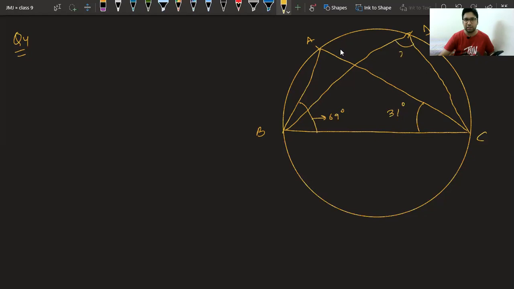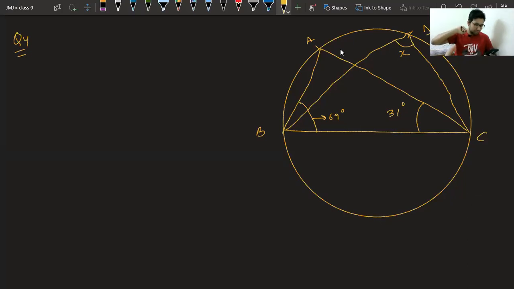BDC, this angle. Now tell me, class, fast, how shall we find this? First, you should understand, is there any direct way to find the angle X? Class, tell me, is there any direct way to find this angle X? Utkarsh is using his brain in that way, but Utkarsh, I think if you take the cyclic quadrilateral, X will not come. The complete angle will come. That will not help you.